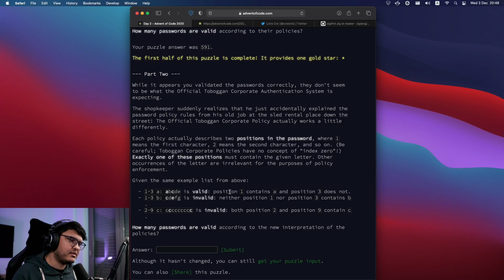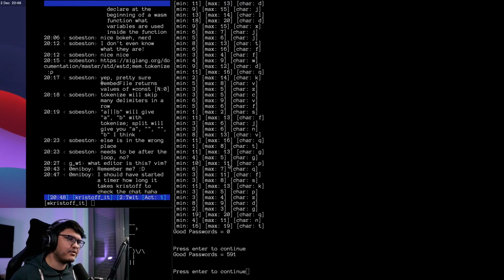So in the example from above, this is valid because one of the two positions contains letter A. This is invalid because neither does. This is invalid because both positions contain the same letter. So it's like only one of the two has to contain the letter. How many passwords are valid according to this new policy?